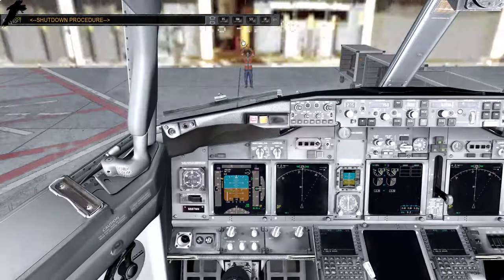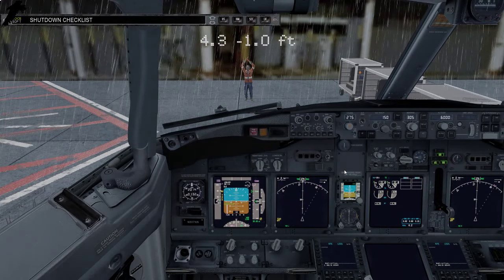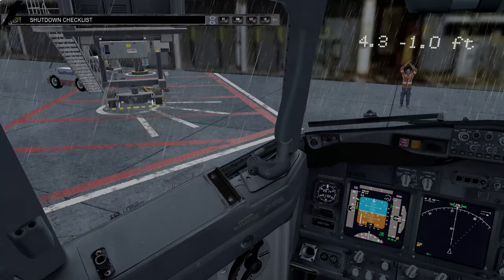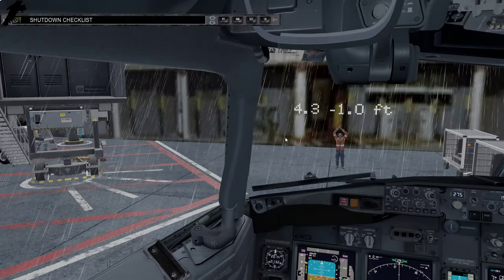Atlanta ground, Delta 200, information Oscar, request taxi. I don't know what that means. And I don't know if these are... Delta 200 heavy, Atlanta ground, runway